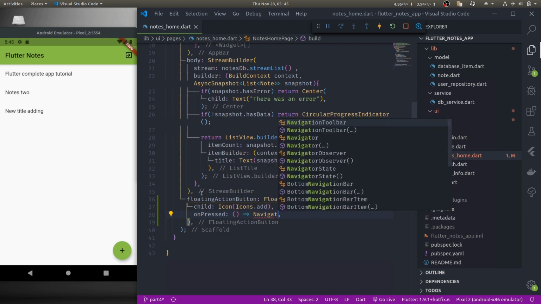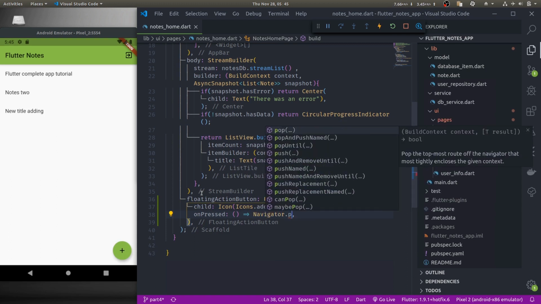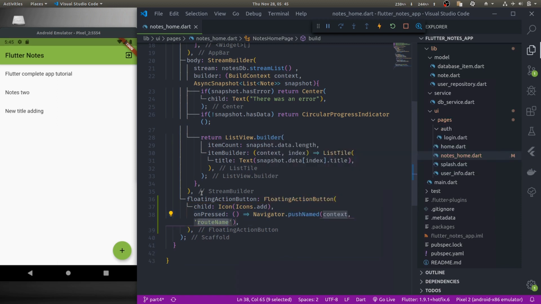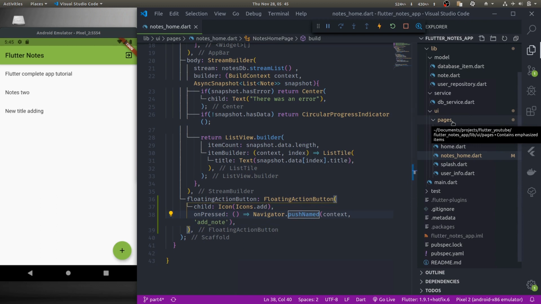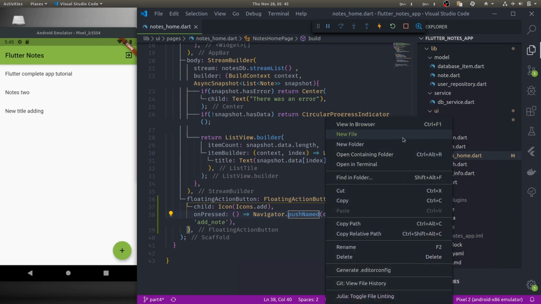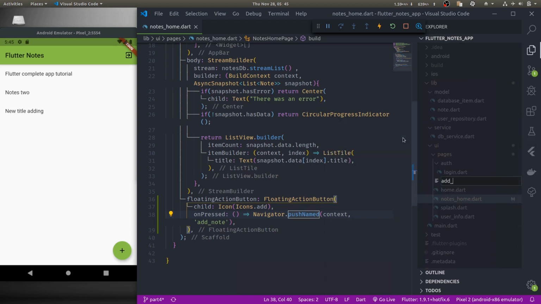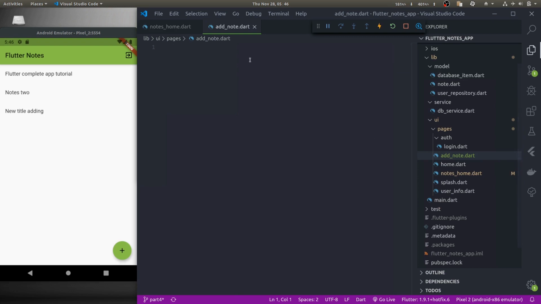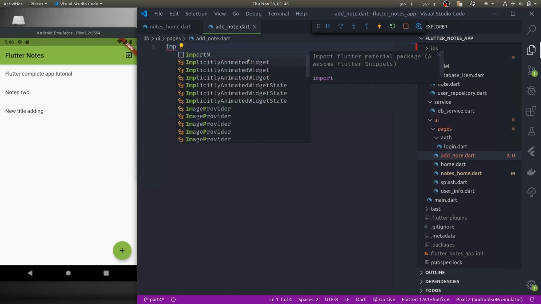So Navigator.pushNamed add node. In order for this to work, first we'll create our add notes page. So inside pages, add add_node.dart, here import material,